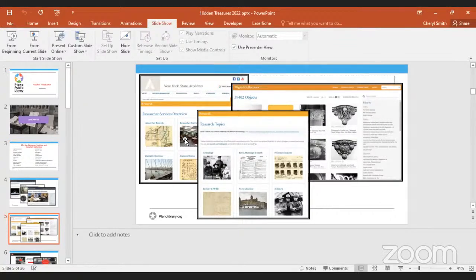The one thing about New York research is things are hiding not only at the New York State Archives, but at the Public Library and at the Historical Society and the Genealogical Societies in the area. And New York is huge with all kinds of research that's available. In fact,